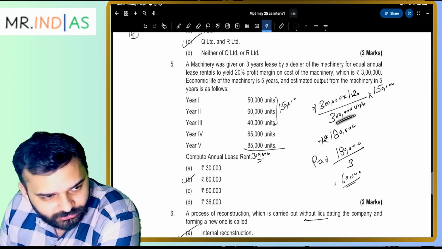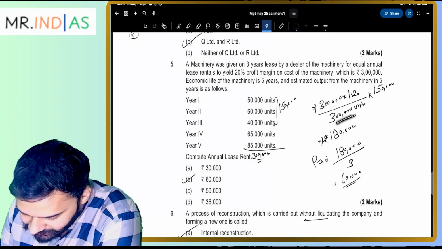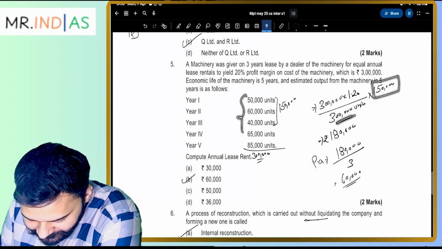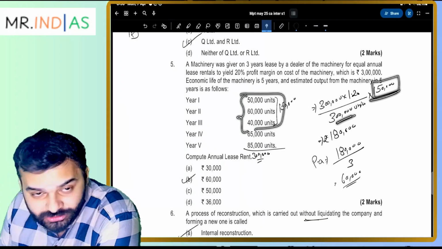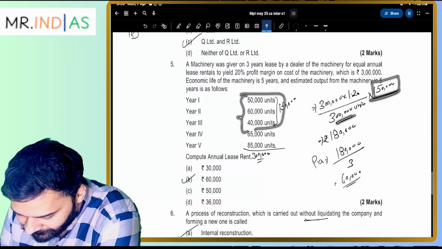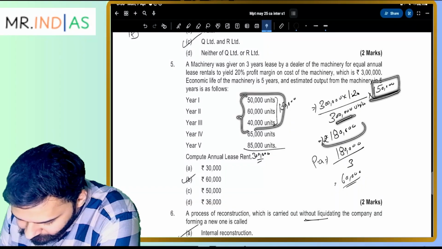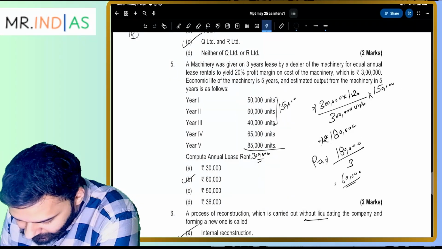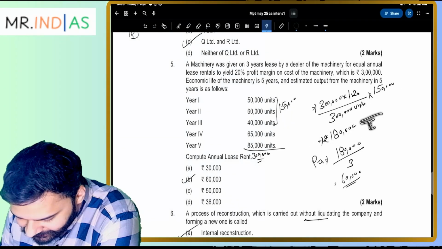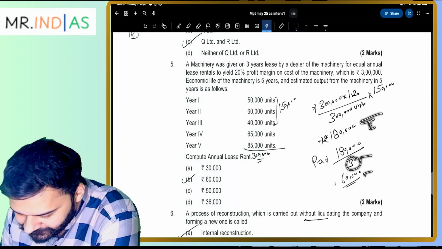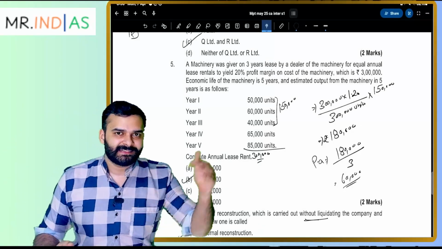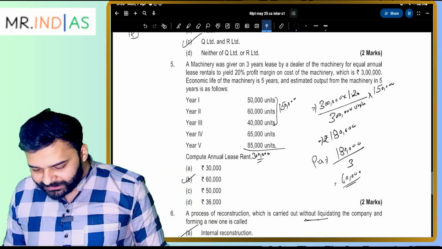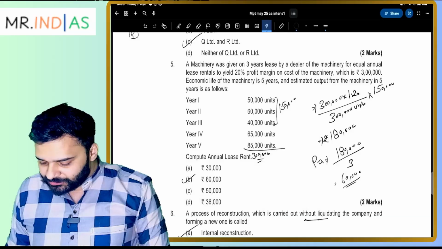So you divide the amount of price by 3 lakh units, and the lessee will use 1,50,000 units within the 3 years period. So you charge proportionate rent of 1,50,000 units from the lessee, which comes out to be 1,80,000. You have to charge equal rental for the 3-year period. So this is the rental for the total 3-year period. We divide it by 3 and get 60,000 per annum for the lease rent that you charge as a lessor from the lessee, 60,000. What will be the impact on LER, lease equalization reserve?